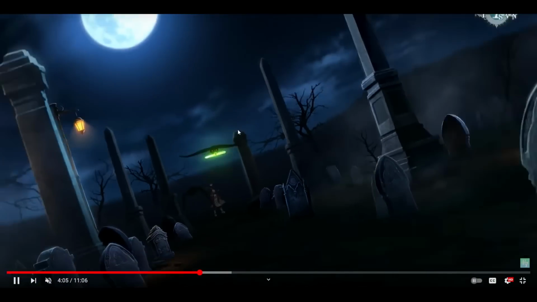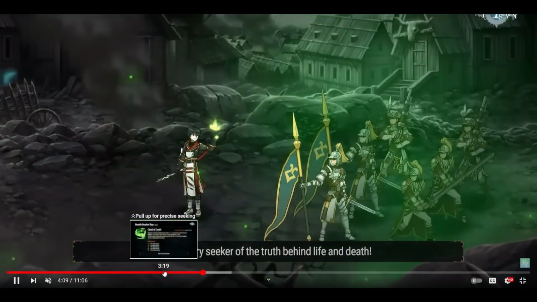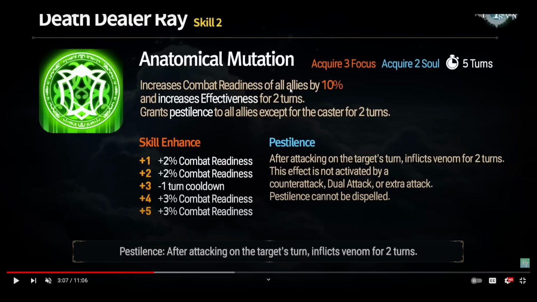Now, his animations look really sick. I really like his design. Biggest problem I see with this kit, though, guys, is that his S3 is going to cost 5 focus, and if you look at his S1, it gives you only 1 focus, and his S2 will give you 3 focus. So you need to take 3 turns, and then you can activate your S3, which is kind of trash, honestly,